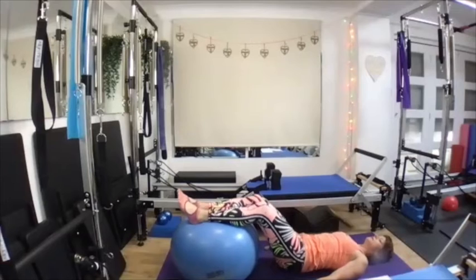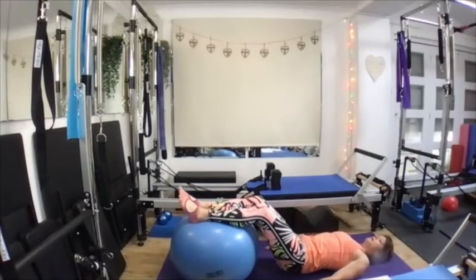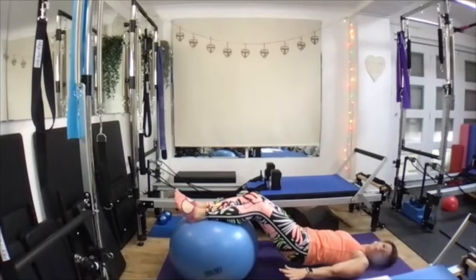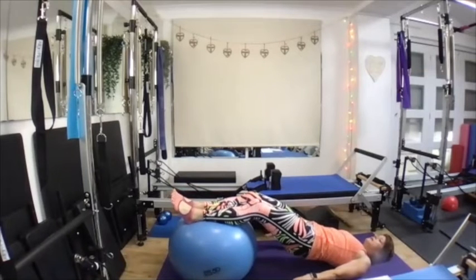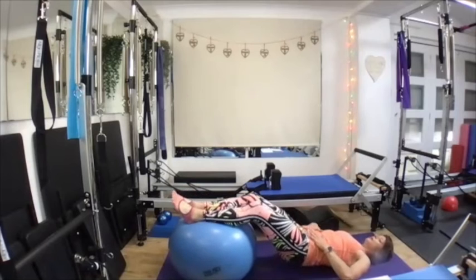If it feels okay, you're going to go a little bit higher into that bridge position, coming down. If you want more, hover the hands off the floor. Yeah, it's going to be wobbly. I'm wobbling. Yeah, exhale. Try and stay as even as you can, squeezing the bottom, drawing the core in every